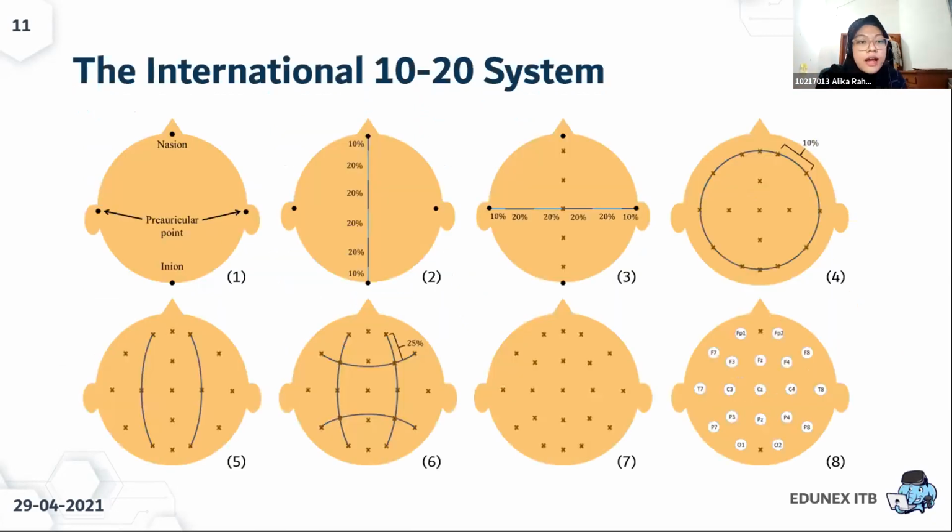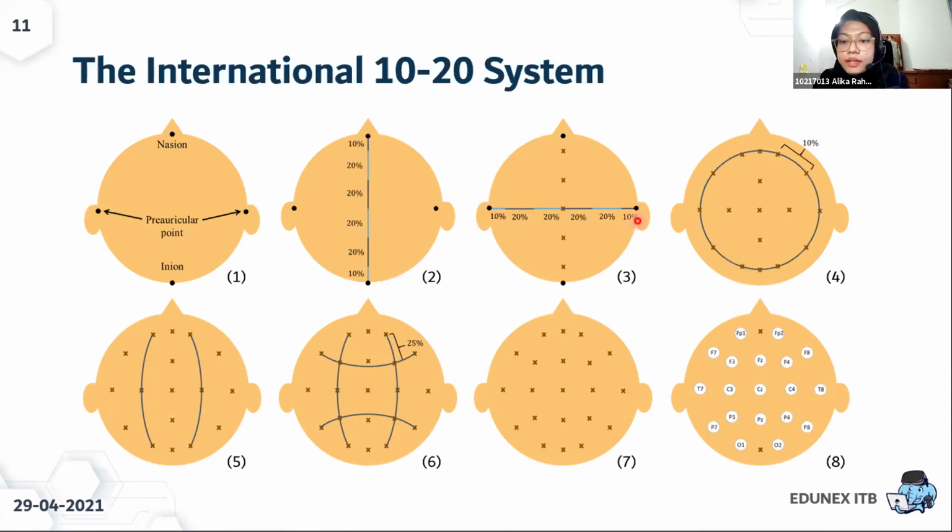Okay. And through the image of the head seen from above, like this one, we can get the electrode placement of the International 10-20 system. The first measurement is made from the nasion, like here, to the inion, front to back. This measurement is then divided into 10 and 20% increments, and we mark the place. And then the measurement is made from one preauricular point to the other. Again, this is divided into 10 and 20% increments, and